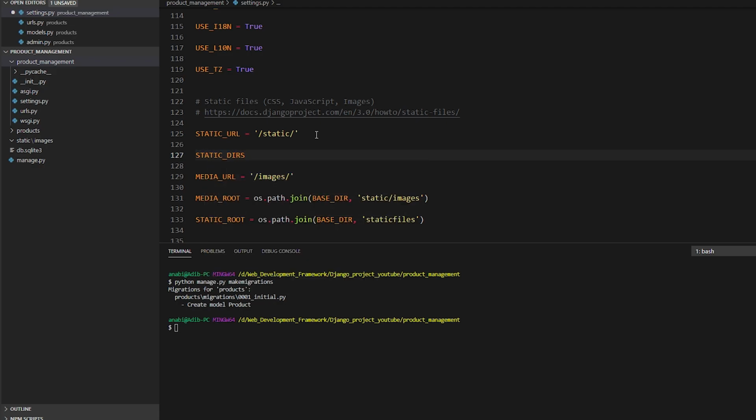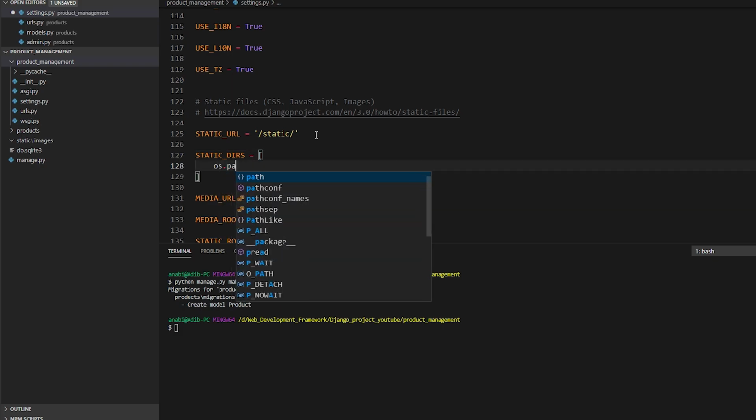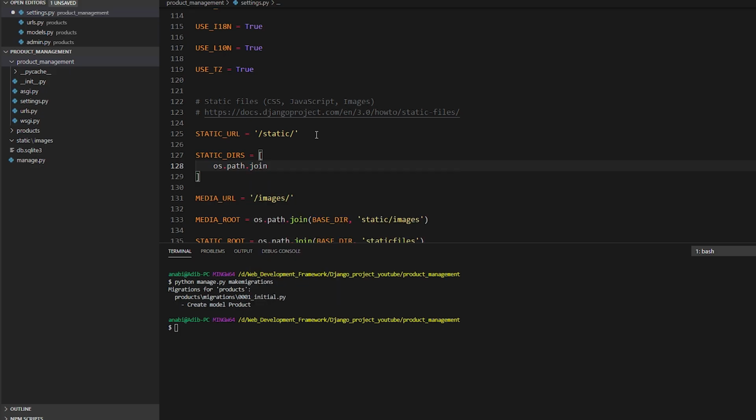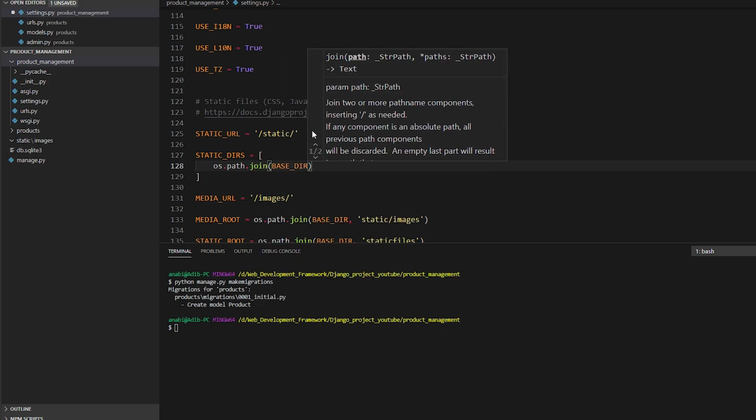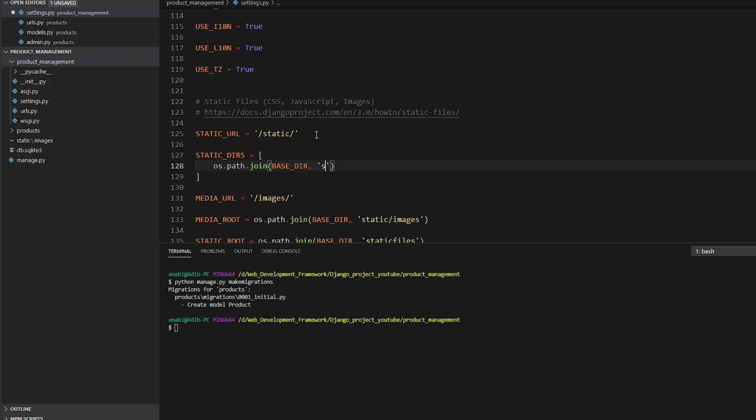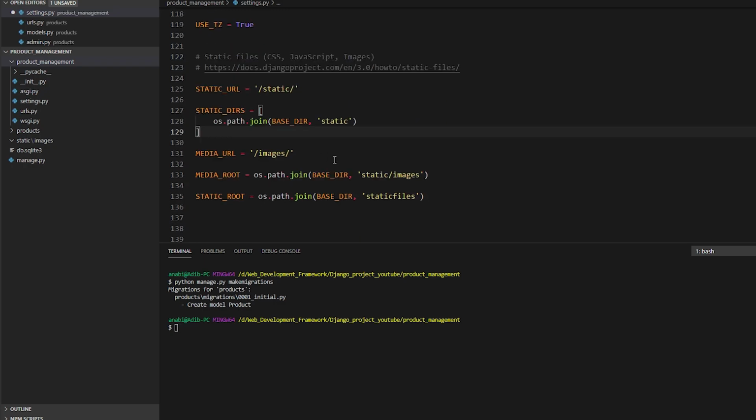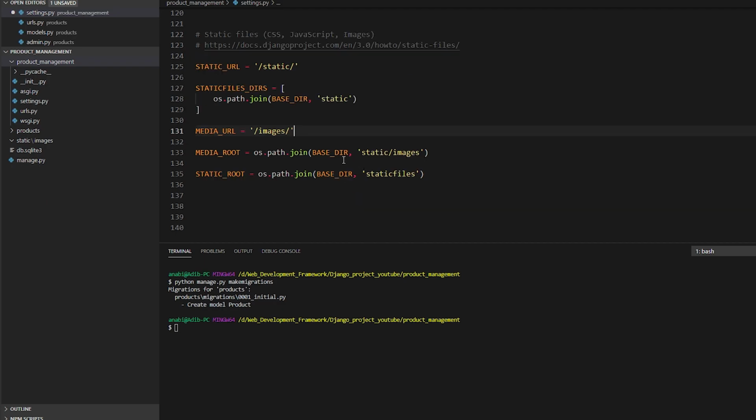STATICFILES_DIRS is equal to os.path.join(BASE_DIR, 'static'). So this is our static directory. Okay, static directory, staticfiles. This is actually the STATICFILES_DIRS directory. So it will go to the static. Okay, so MEDIA_ROOT, MEDIA_URL is selected, and STATIC_ROOT is also selected, so it will create a static